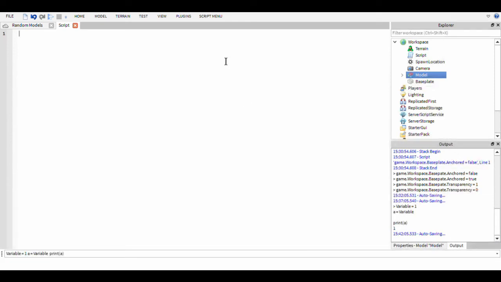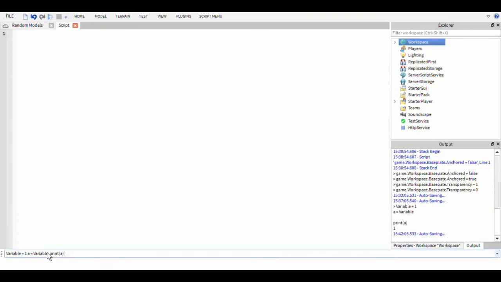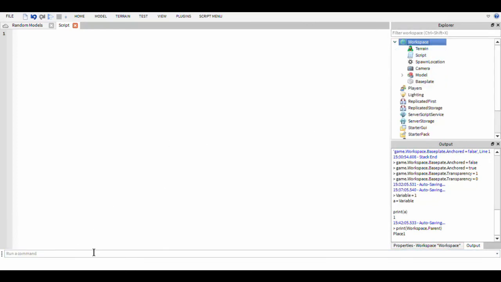Now we're just going to talk about hierarchy, which is very important. It's a parent or child. Now the script has a parent. The parent is workspace. The workspace also has a parent, but you can't see it here. It's called game. Game is the parent of workspace. You should be able to type print workspace dot parent. Place 1. I suppose that's the name for it. That would be game, I guess. Or you can do the parent of script. So print